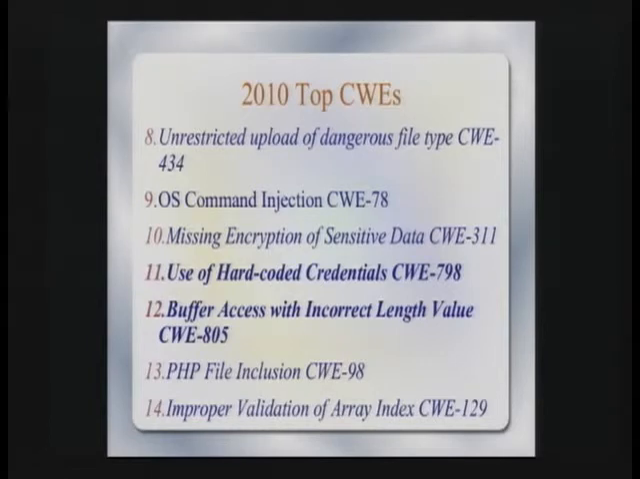Missing encryption of sensitive data. We talked about that earlier. Use of hard-coded credentials. We also talked about that. Buffer access with incorrect length value. That's a new one. PHP file inclusion. That's when you have a web application and the path for the inclusion of the PHP files can be changed by an attacker. And the attacker can specify a remote site, because PHP is so powerful and helpful that if you specify a URL instead